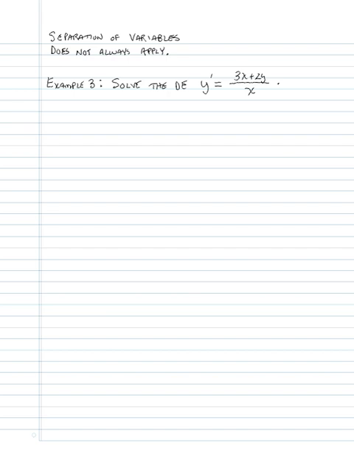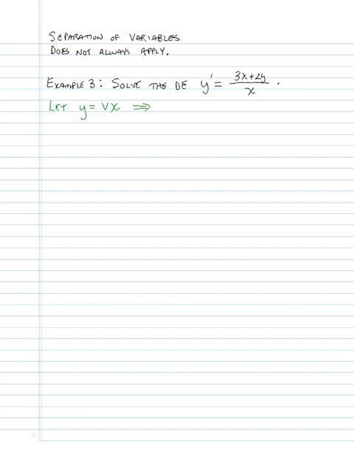Now here's what we're going to do. We're going to introduce a new variable, v, but we're going to do it in this way. We're going to let y be some function v times x. That's the way we're going to approach it. Now, when we do that,